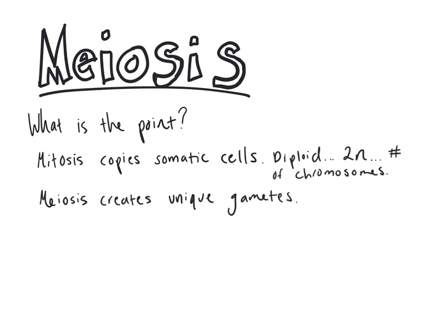Meiosis, on the other hand, makes haploid cells, which have half the number of chromosomes and really only 1 of each. So instead of having chromosomes in pairs, like our diploid mitotic somatic cells, meiosis is going to make cells that are haploid. And sometimes I say it's halfloid, which is just going to be N. And it's 1 of every chromosome.